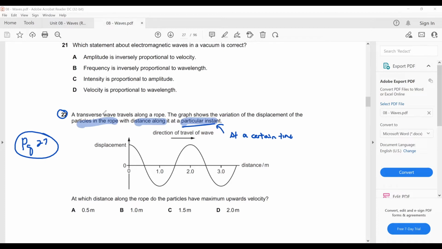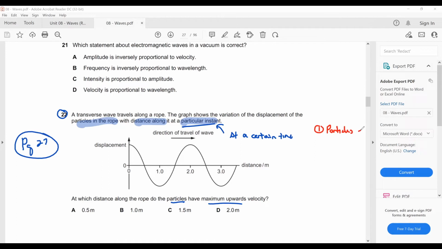So you're plotting the displacement of all the particles along the rope at a certain time. All right, this is what you get. So they're asking you right now, at which distance along the rope do the particles have maximum outward velocity? All right. So just now, one of the first things that I mentioned to you was that